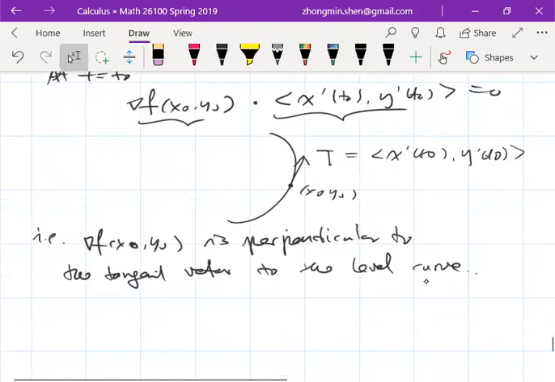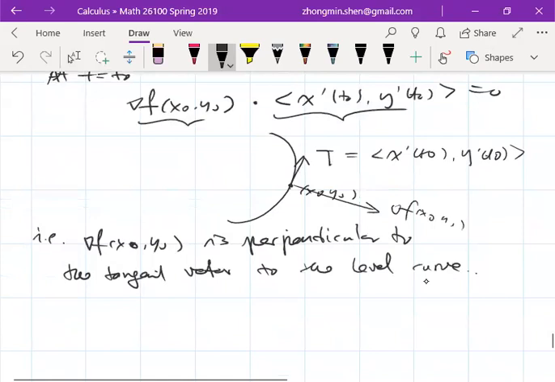Along this level curve, the value of the function does not change, it's constant. The gradient of the function is perpendicular to the curve, so no wonder in that direction,